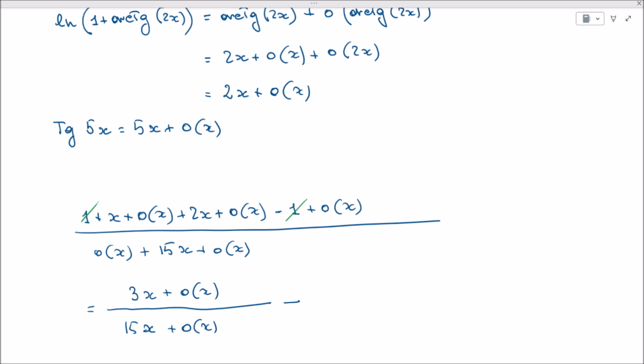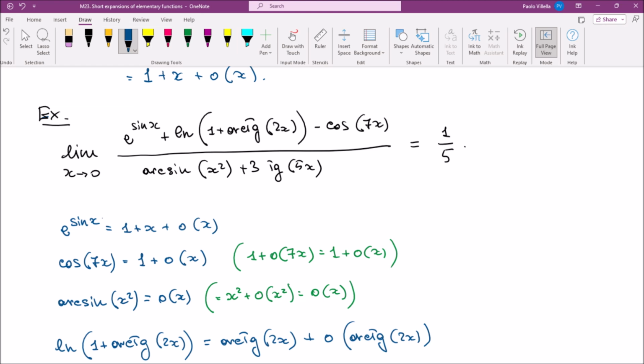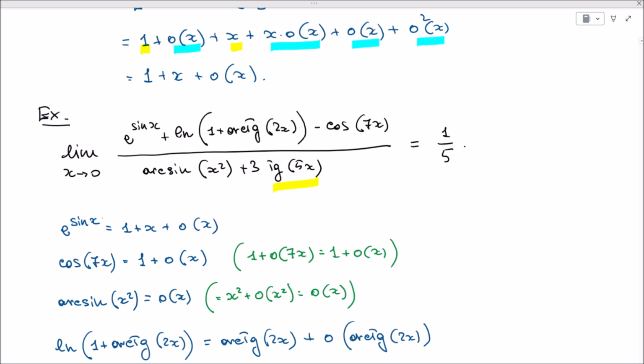So how could I have had an intuition regarding this? Because from the first look at the function, I see that clearly at the denominator what really counts is only this, because the arcsine of x to the square will go faster to 0, so this can be neglected. Okay, and instead what I have at the numerator is